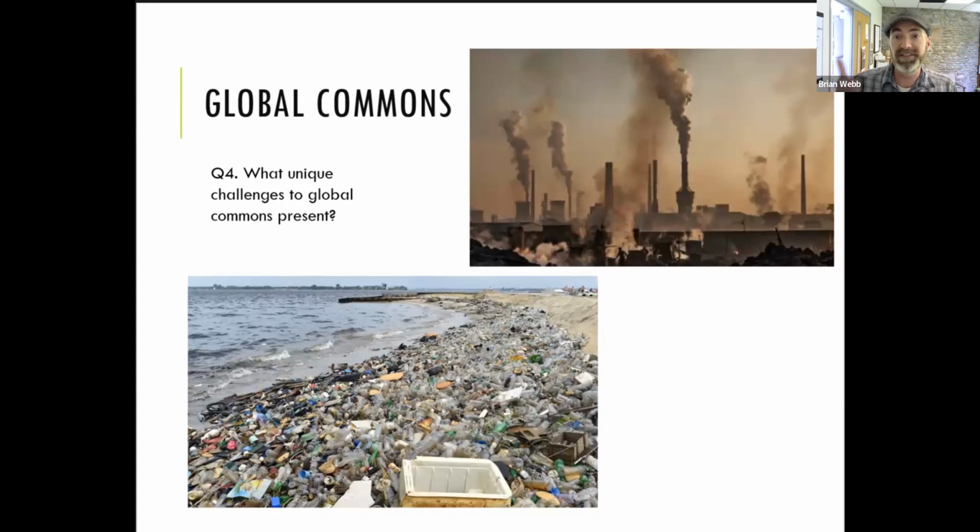So for one, obviously they can't be privatized. That's certainly a big challenge. We don't know how to privatize global commons, global open access resources, because it can't be done. Community-based works better at a smaller scale, requires reciprocity, it requires trust and communication. And we do have mechanisms for nations to work together on things.